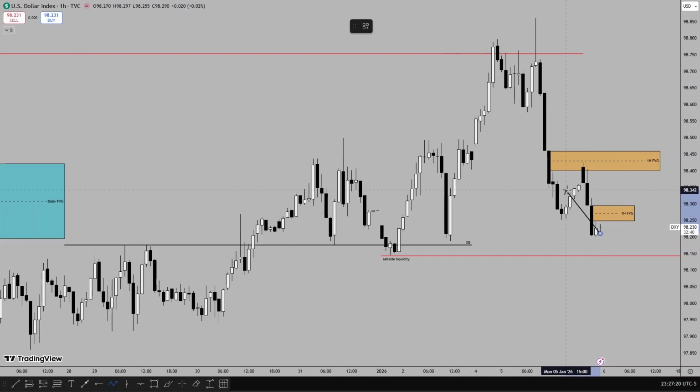Swing low, swing high. You can see there's a fair value gap. Price may respect the fair value gap to trade lower. Our draw on liquidity is for price to run the sell side liquidity. After the retracement to the sell side liquidity,